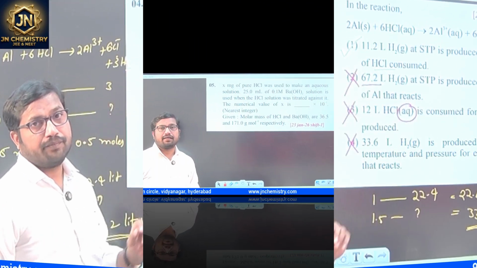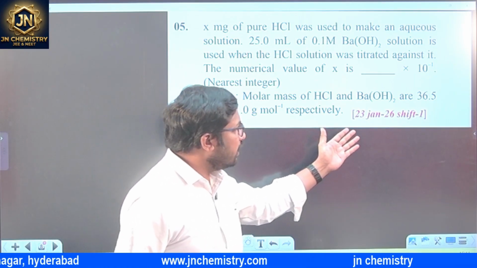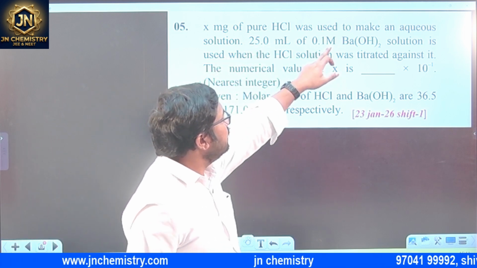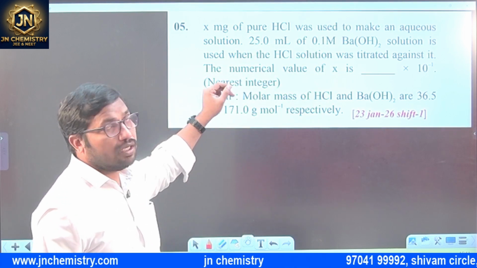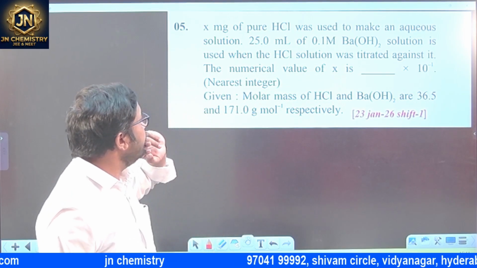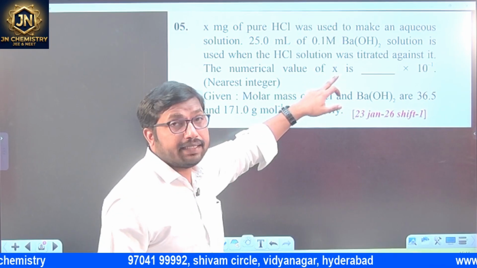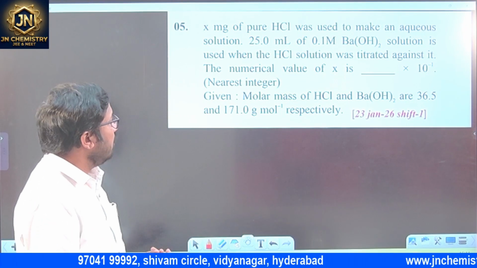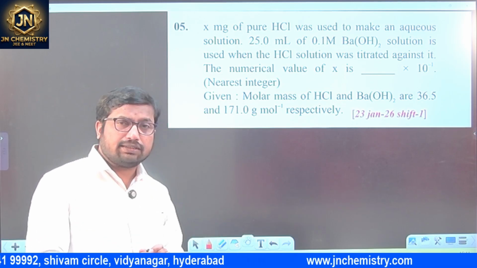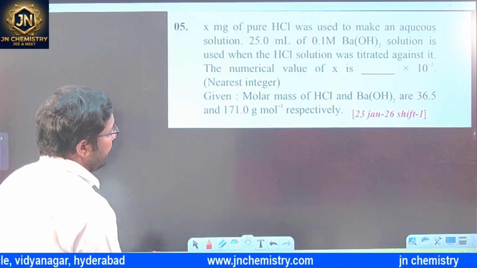So one more question from some basic concepts of chemistry, 23rd January, shift 1. X milligrams of pure HCl was used to make an aqueous solution, used to titrate 25 ml of 0.1 molar barium hydroxide solution. Actually it's a titration reaction. In titrations, in all cases, we are using the mole concept as well as the equivalent concept. Particularly in this case, barium hydroxide,